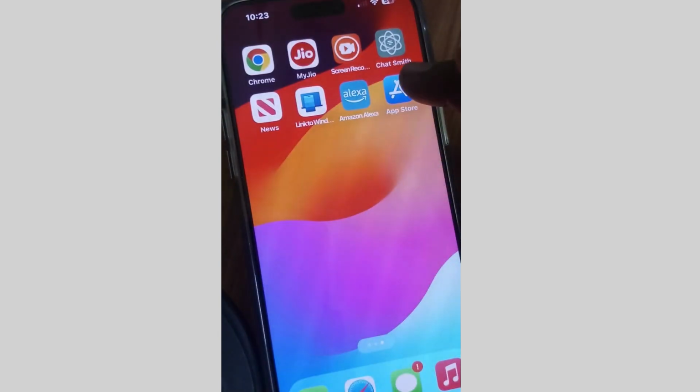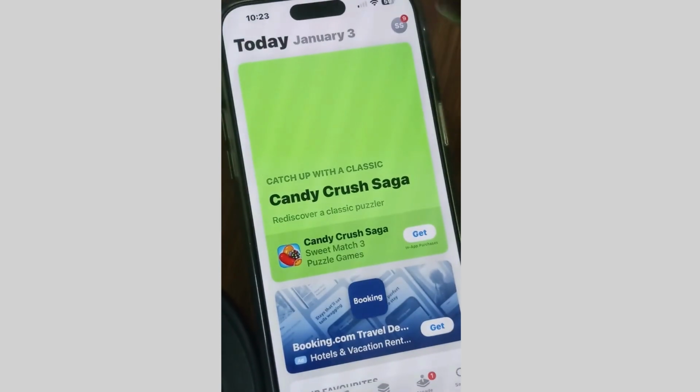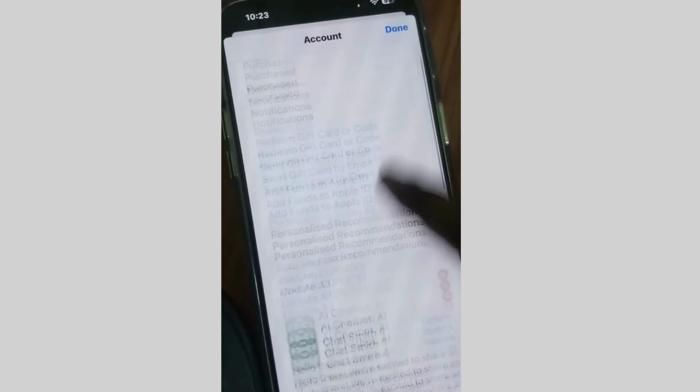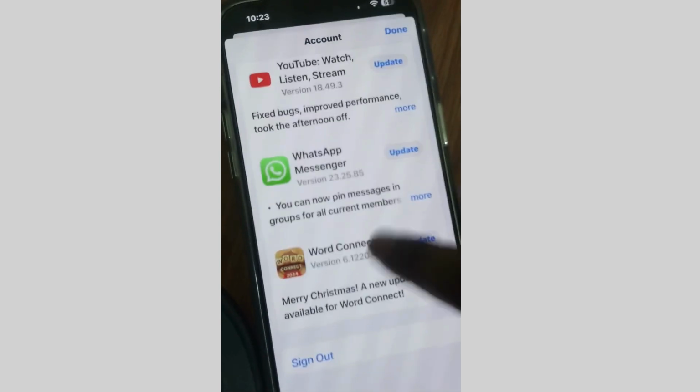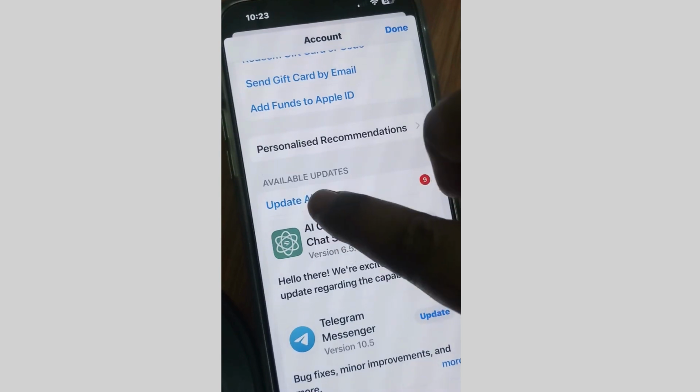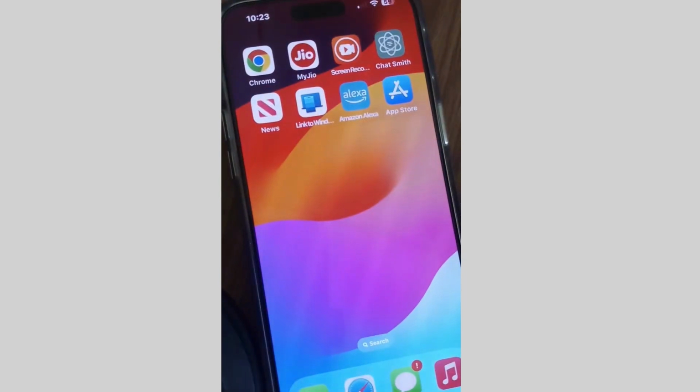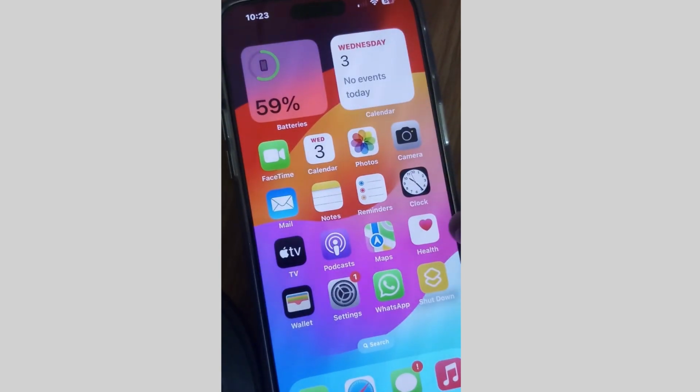The next one is go to Apple iPhone App Store and here tap on your profile icon from the top right corner, and if Messenger app update available, then simply update it. You can also choose update all to update all your installed apps on your iPhone and check whether your Messenger app microphone